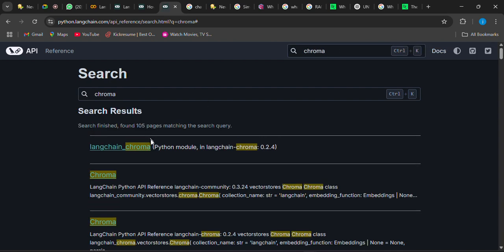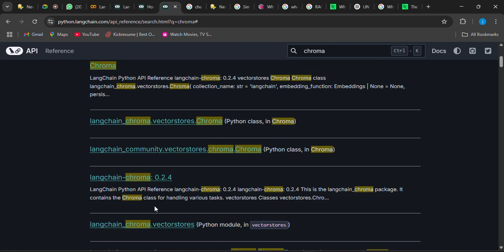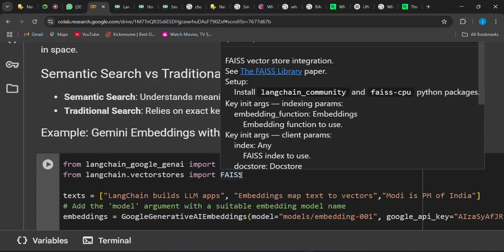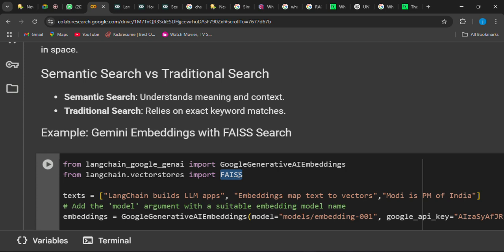You can see ChromaDB. Okay, Chroma related functionalities. Got it? Now it is FAISS we are using. It is simply a kind of vector store. You can remember this concept like it is a box. In that box you are converting all the strings into vectors, and then any question you ask, you